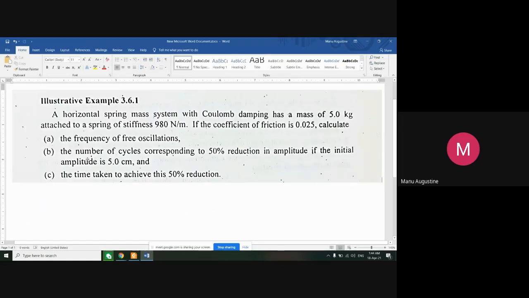सेकेंड पार्ट, the number of cycles corresponding to 50% reduction in amplitude if the initial amplitude is 5 centimeter। इसको अगर मैं थोड़ा सा हिंदी में सिंप्लीफाई करके समझाऊं तो क्या बोल रहा है कि कितने साइकिल बीत जाएंगे, कंप्लीट साइकिल्स, जब आपका इनिशियल एम्पलीट्यूड 5 सेंटीमीटर था तो 50% एम्पलीट्यूड खत्म होने में कितने साइकिल लगेंगे। वापस से रिपीट कर रहा हूं। इनिशियली मैंने स्प्रिंग को और मास सिस्टम को 5 सेंटीमीटर से खींच के छोड़ा था। 50% इसका एम्पलीट्यूड बच जाए, इतना होने में कितने साइकिल ऑसिलेशंस खत्म हो चुके होंगे।